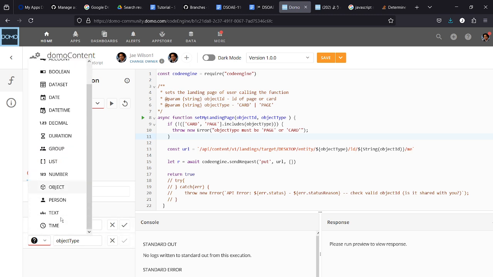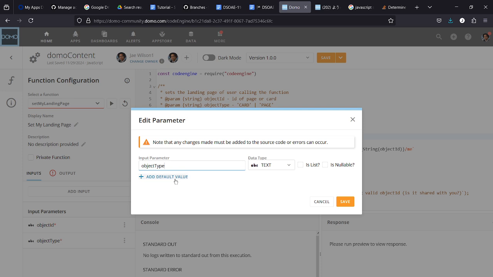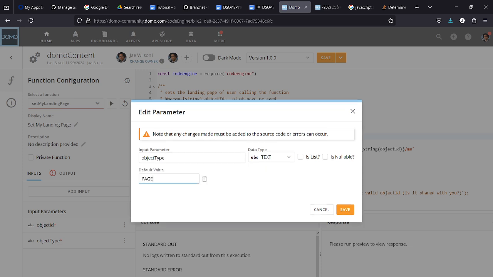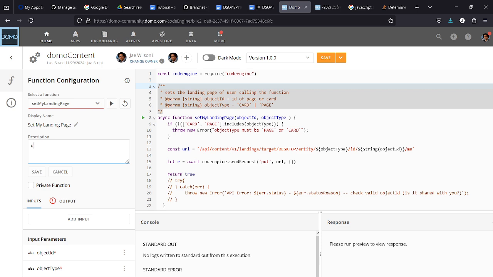Okay, when I'm setting up my landing page, my object ID should be a text. My object type should also be a text. And let me say that my object type by default will usually be a page. Man, I struggle with JavaScript because I don't really understand how to do typing in here, but I think you just add this documentation at the top that says, hey, object type, this is where I describe the thing. All right, and this will say update the user